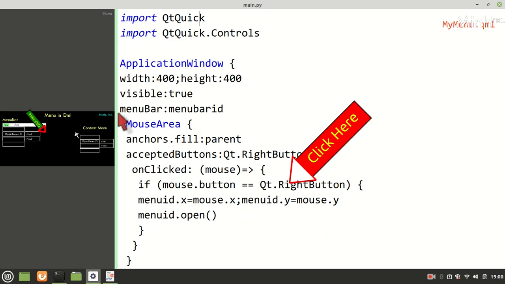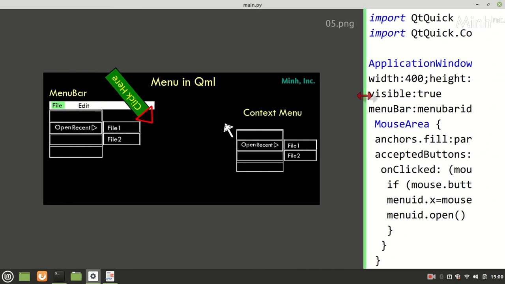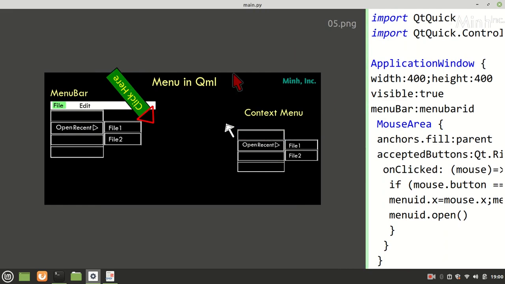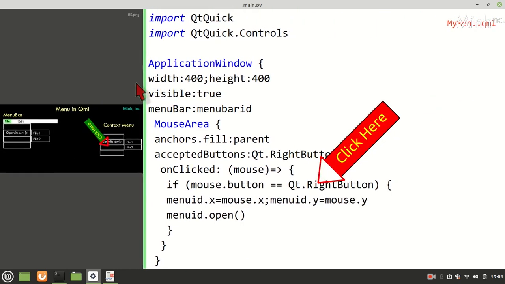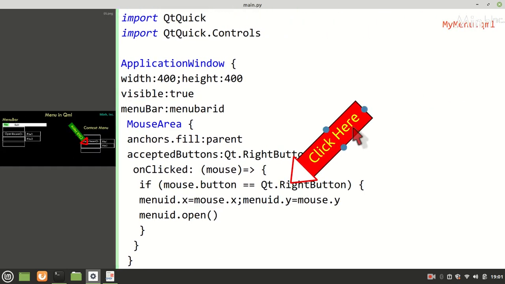Now if we see the graphics again, the image again, one menu is attached to the menu bar and the same menu is attached to the context menu, same menu. This is what we are doing.